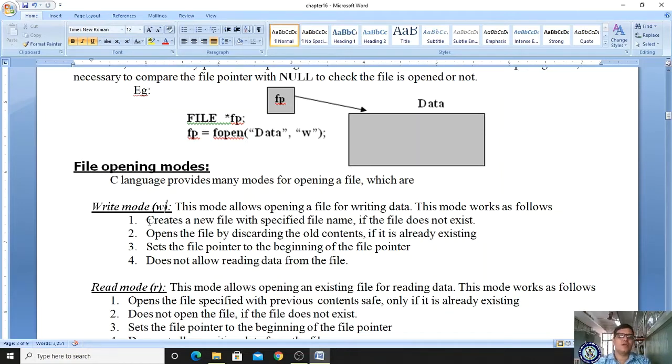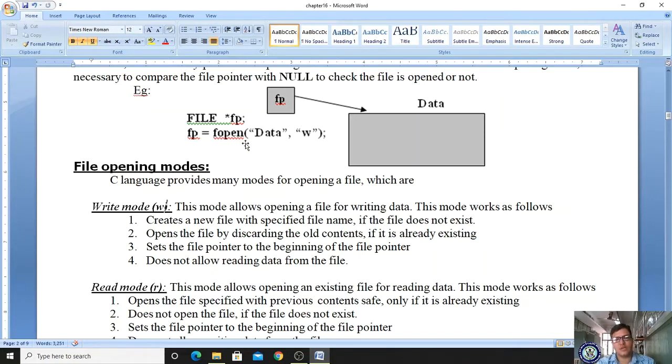First, create a new file with the specified file name if the file does not exist. For example, here the data file is created. If the name of the file does not exist, it will create a file with this name. Second, open the file by discarding the old content. If it already exists, then whatever data exists in the previous file will be discarded.